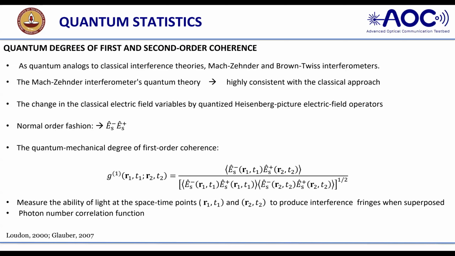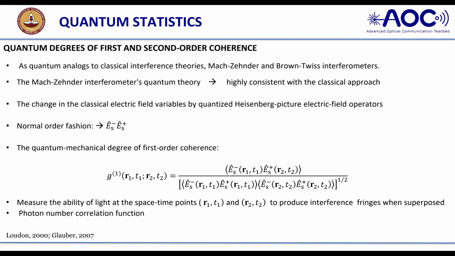You observe at the detector point, and you see that whatever signals came, they overlap each other. It means there is a noise there, right? But in the case of classical and quantum, he showed that the same classical treatment we can transform into the quantum. So for quantum, what he has done is he followed the Heisenberg picture of the electric field operator, and in the classical electric field you can write Ex into Ey or Ey into Ex. But in the case of quantum mechanics, you cannot write that. If you are writing, you have to follow some fashion. So I have considered normal order fashion, here a dagger and a kind of thing, right?